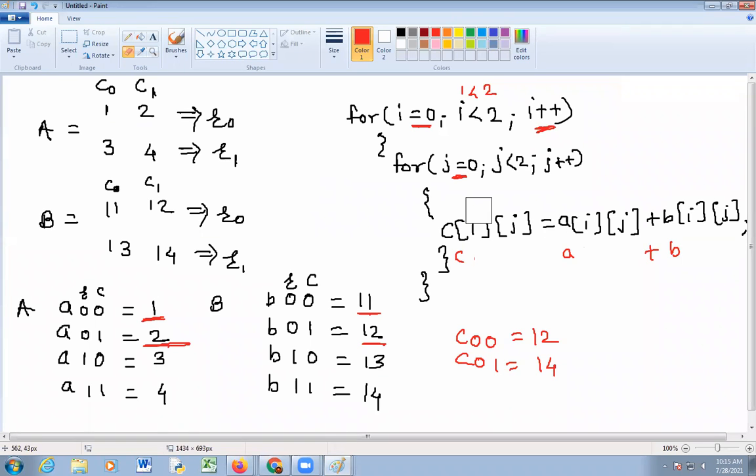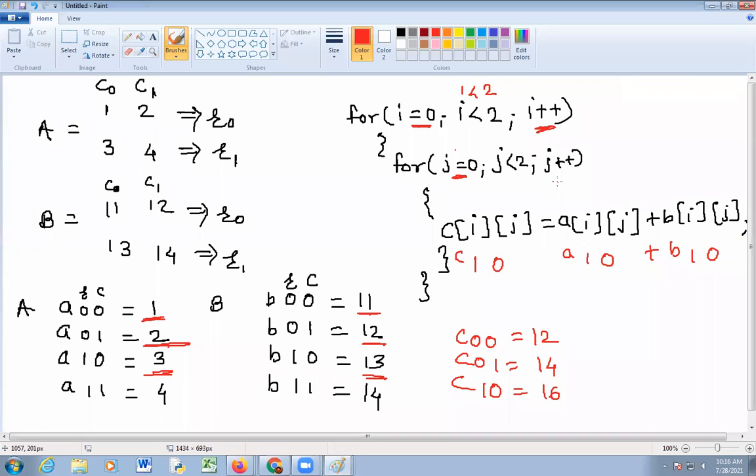So A of 1 0 plus B of 1 0. So A of 1 0 is 3. B of 1 0 is 13. 3 plus 13 is equal to 16, stored at C of 1 0. So C of 1 0 is equal to 16. Then increment value of j.